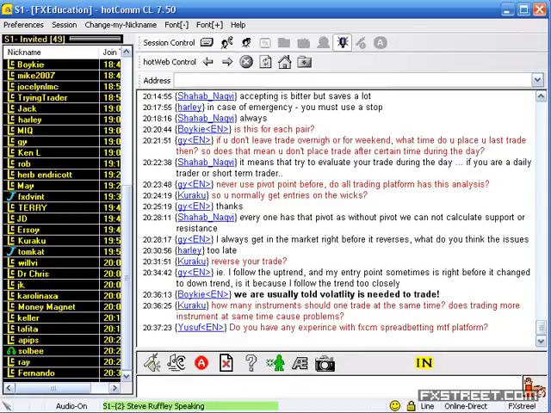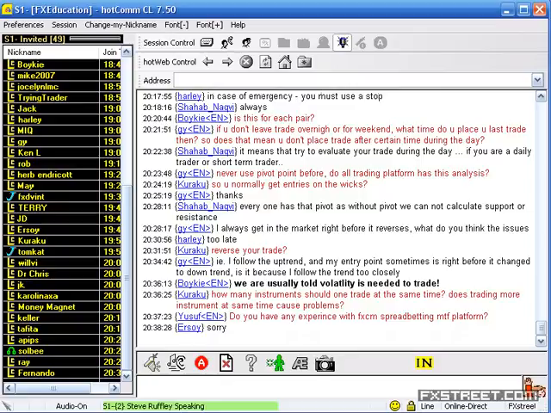Okay, some more questions. How many instruments should one trade at the same time? Does trading more instruments at the same time cause problems? Yeah, again, the more things you trade, the more money you have to have in your account, the more things you have to look at. So I would say